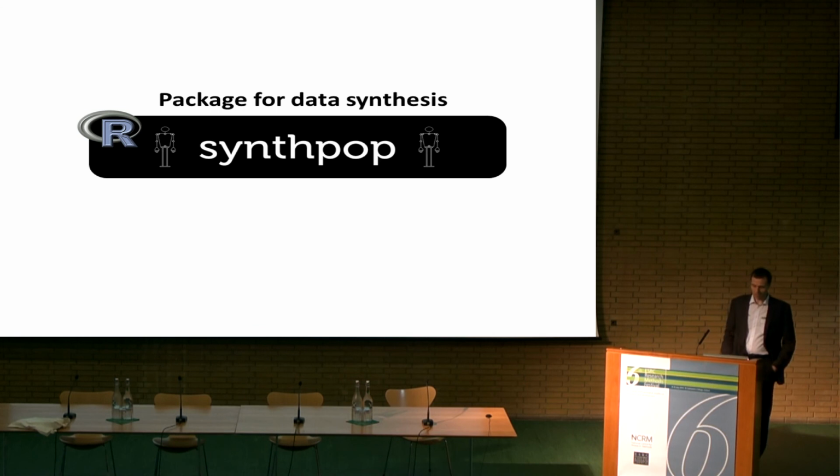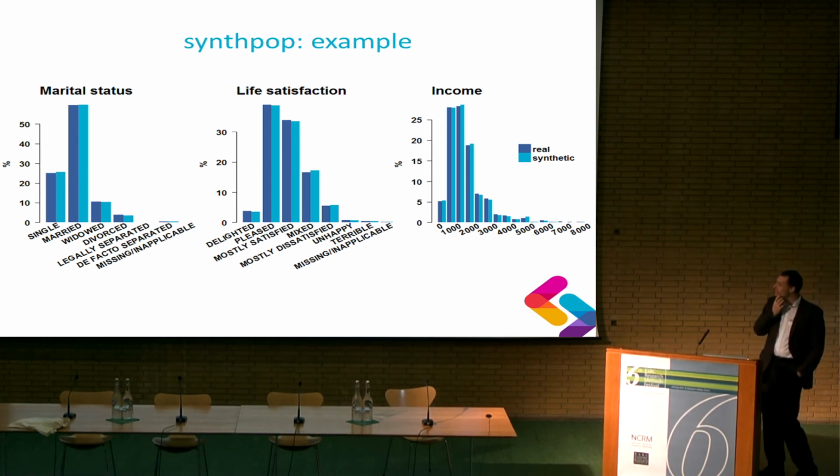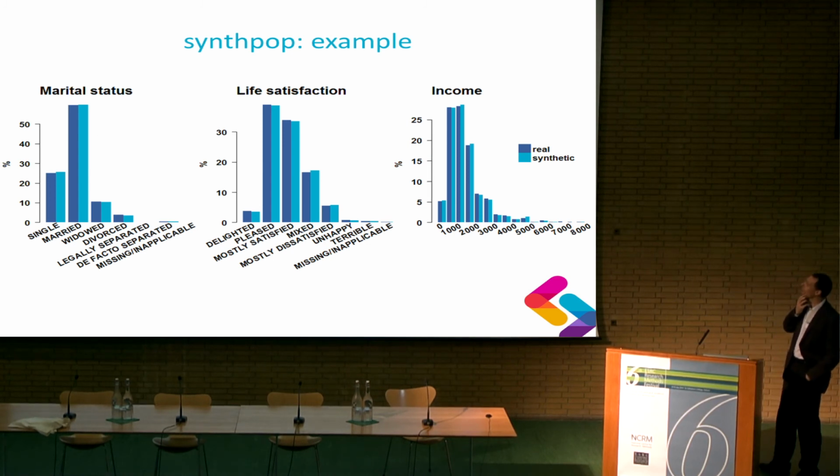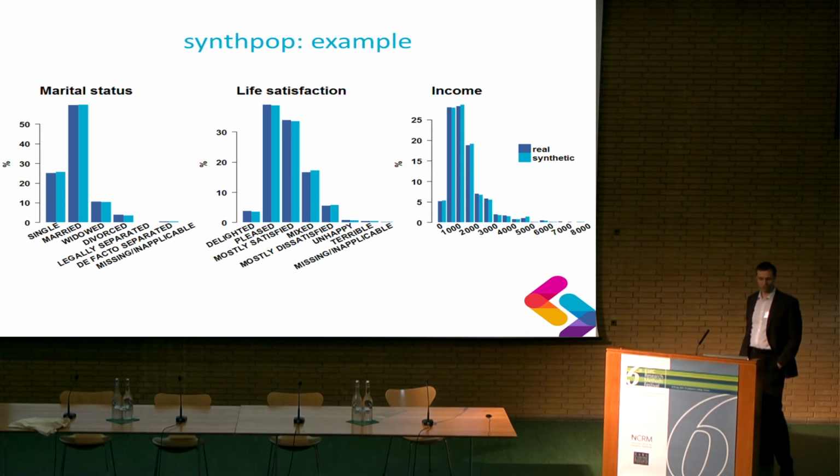So Chris has done some work with a package called SimPop. And what this is just showing is how well it is working. So it's a package where you provide it with the original data. It will simulate the administrative data. And so these are just some indications that it matches the marginal distributions really quite well.